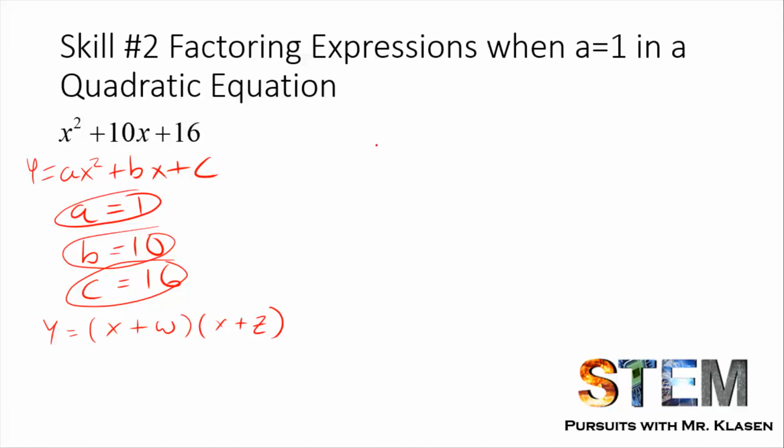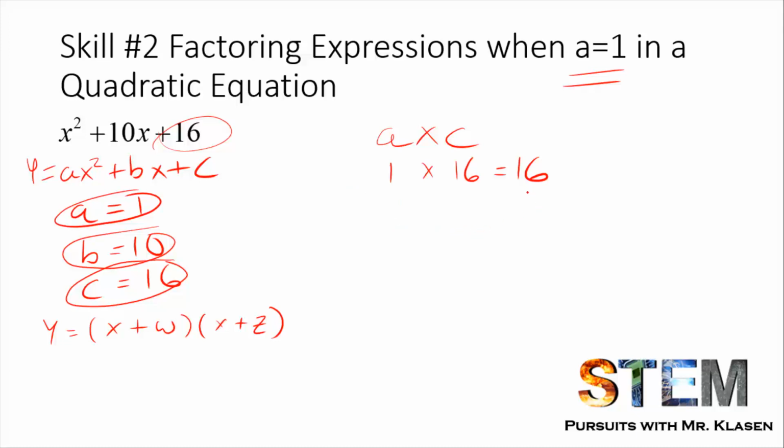But what I simply like to do in a situation like this is take my A and my C value, A times C, and in this case it'd be 1 times 16, which is simply equal to 16. And that's why we're very specifically talking about situations where A is equal to 1. What I like to do in these situations is, if I see that my constant here is equal to 16, and we're trying to factor a simple quadratic expression like this, I want to find all the